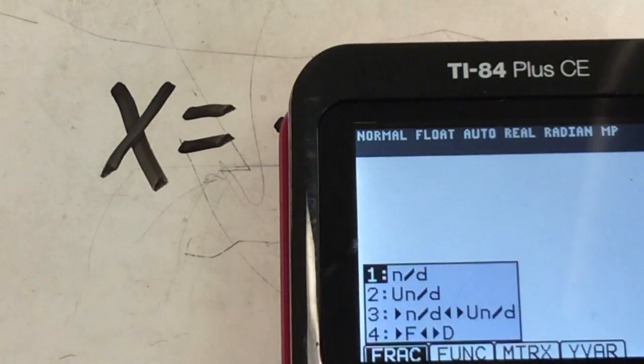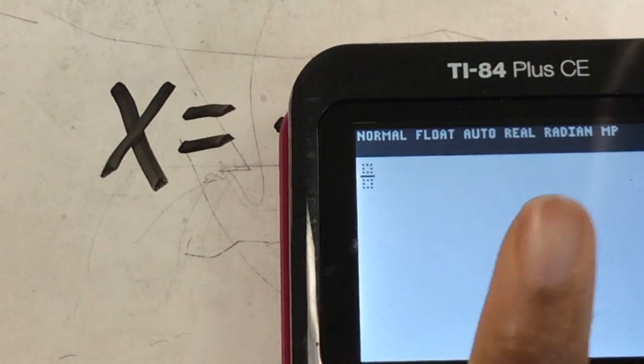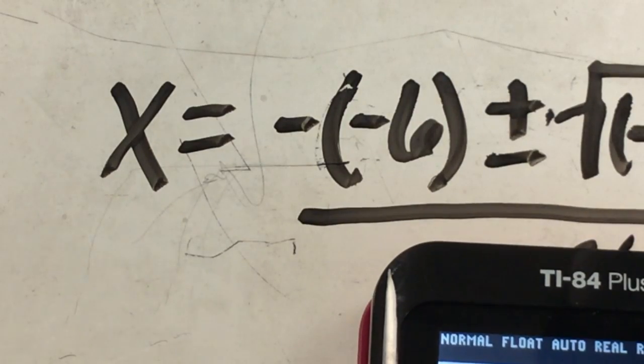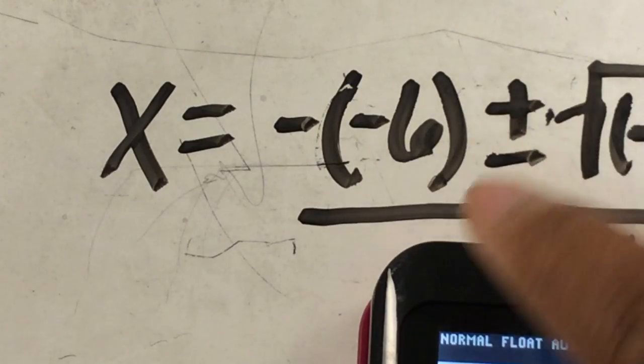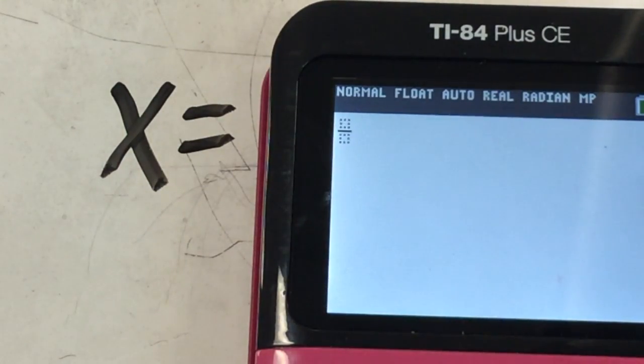So alpha y equals, enter, and type in the top. Instead of using plus or minus, we're just going to do plus first, and then we'll go back and change it to minus. So a negative, parentheses, negative 6, close parentheses, plus the square root, that's second x squared,